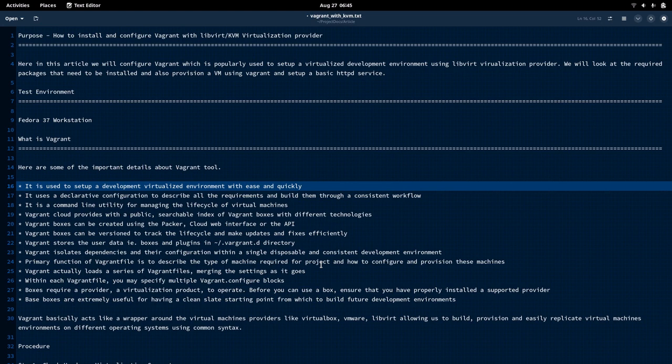Okay, so the second point, as I mentioned, it uses a declarative configuration file. So we write our declarative configuration in the Vagrantfile. Okay, so we will look at it in our next steps. Okay, and the third point is it comes with command line utilities for managing the life cycle of virtual machines. Okay, so when you install Vagrant, it comes with a set of tools which you can utilize in order to manage your virtual environment using the Vagrant tools. So that also we will take a look at, some of the Vagrant tools that we will be utilizing